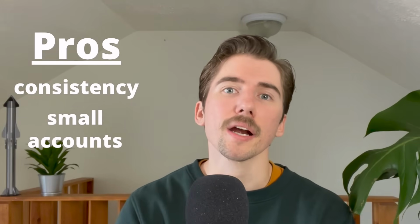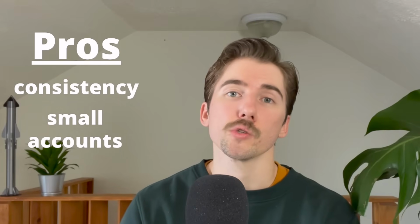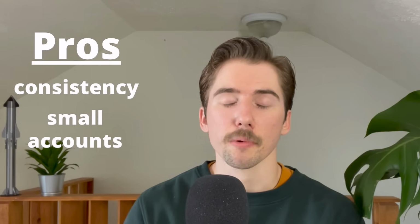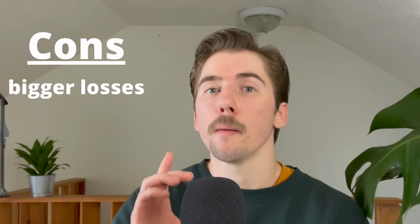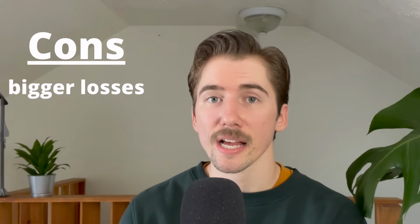You don't need a lot of money in order to get started with credit spreads. You only need the difference between the strike prices. So if you have $1 difference in strike prices, you only need $100 in collateral. So if you're starting out with just $1,000 in order to trade options, this can be a really great strategy for you. But the problem with this is if you don't have enough to either buy or sell 100 shares